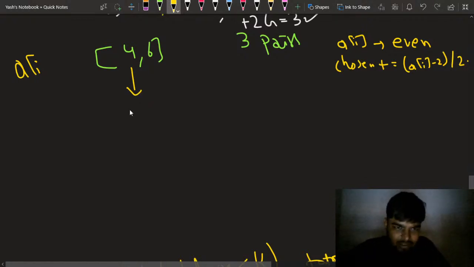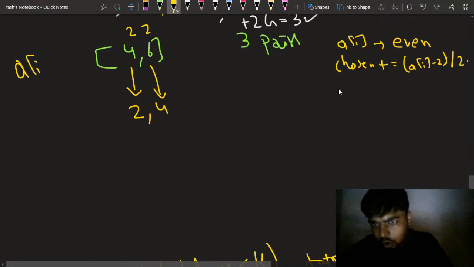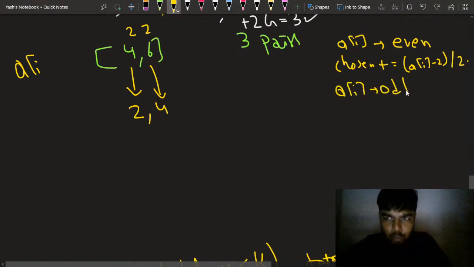If I am saying this, I am saying basically that pick 2 socks from here, and from here you just pick 4 socks, right? You save 2 socks for here, and you save two socks for here as well, right? If it is even. And if it is odd, if the a of i that has been given to me is odd,